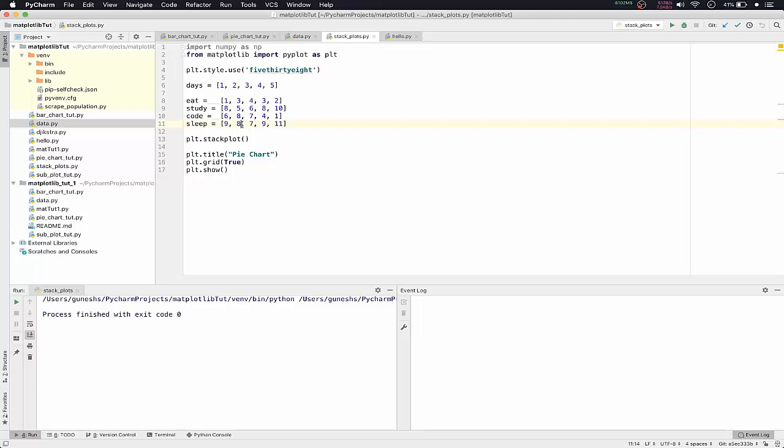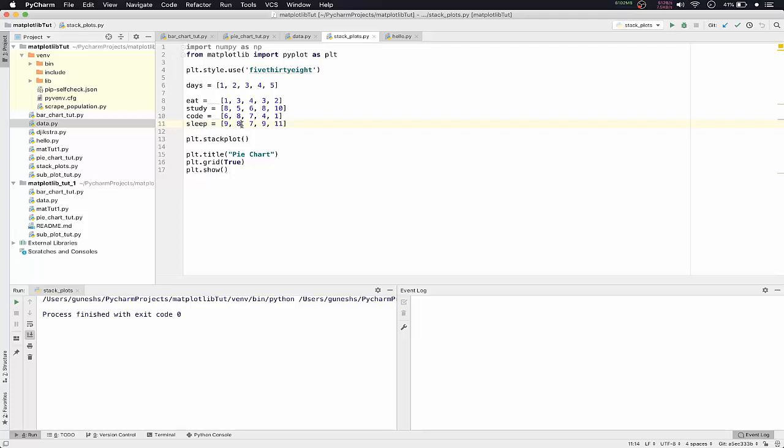So we'll remove the extra white spaces, and we'll run it again. Okay, we'll also put tight layout just in case for nice padding. So plt.tight_layout. Okay, so now we'll right click here and we'll run it again. So here you can see our colors are changed and it looks really nice now, really vibrant. Okay, so magenta is the eating hours, cyan is the study hours, orange or kind of red is coding hours, and we have black for